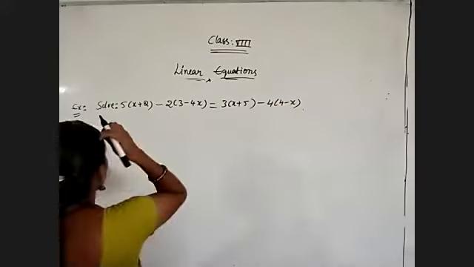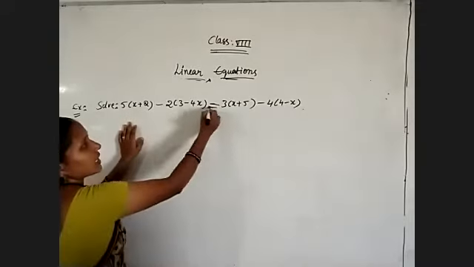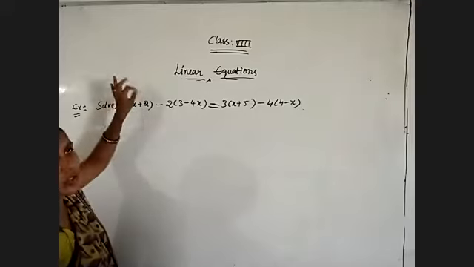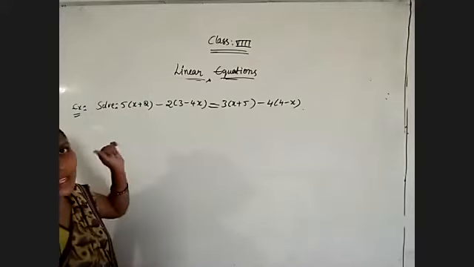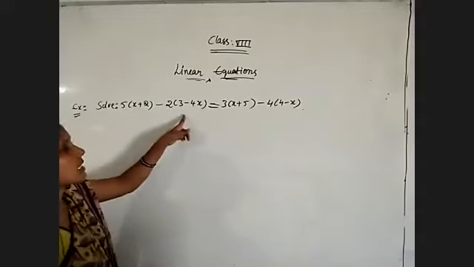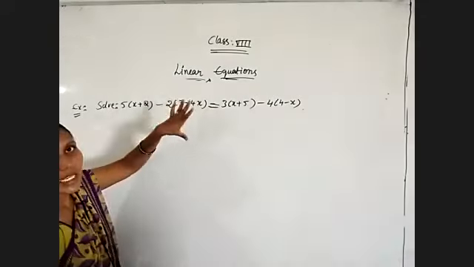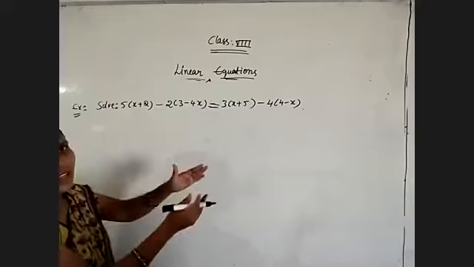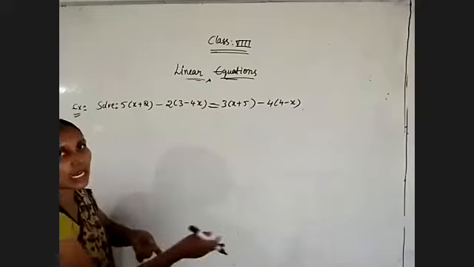So just observe this problem. It is an equation having only one variable, and the degree of the variable is also equal to 1. So it is a linear equation in one variable. Okay, with only one variable. Now on the LHS side also we have x terms, and on the RHS side also we have x terms, which means the variable is lying on both sides. So the first step is that all the variable terms we need to bring to one side, and all the constant terms we need to bring to another side.